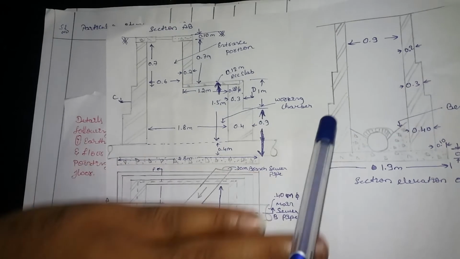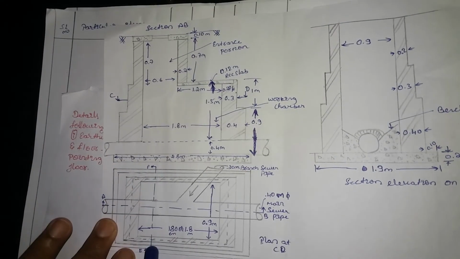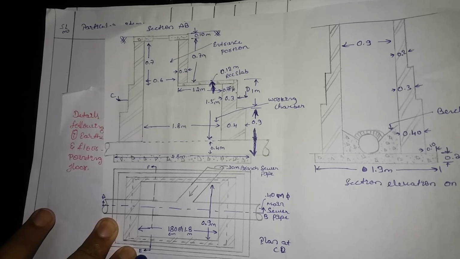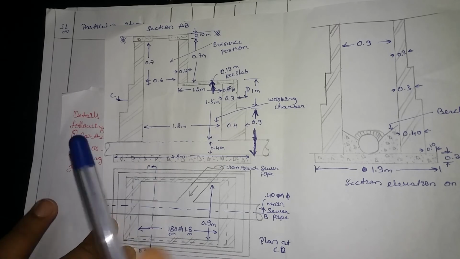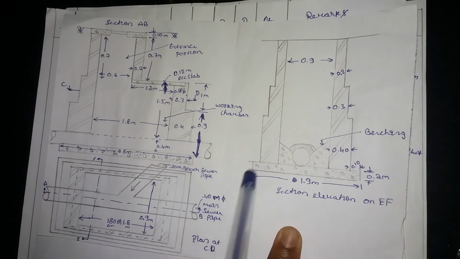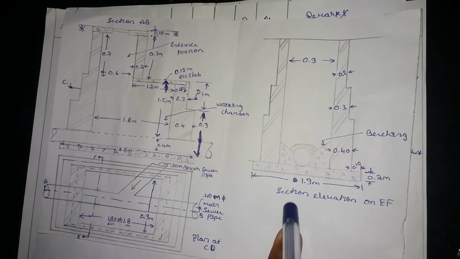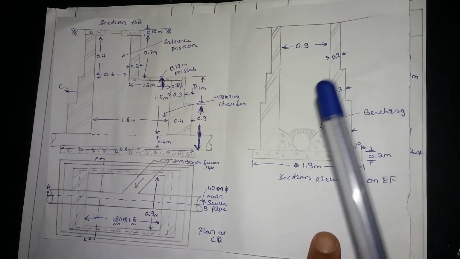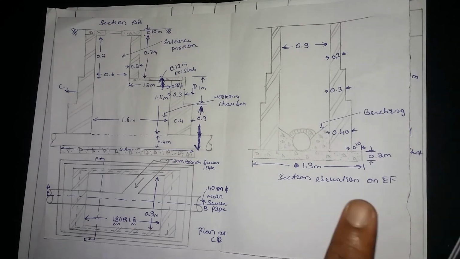Now I'm going to cut the section in the breadth direction, and I name that section EF. If I cut in the breadth direction, this is how the sectional elevation of the manhole looks. This is the sectional elevation of EF. It is very simple, but the drawings look complicated, so don't get confused or afraid. This is one of the simplest problems, like what we did in the septic tank.